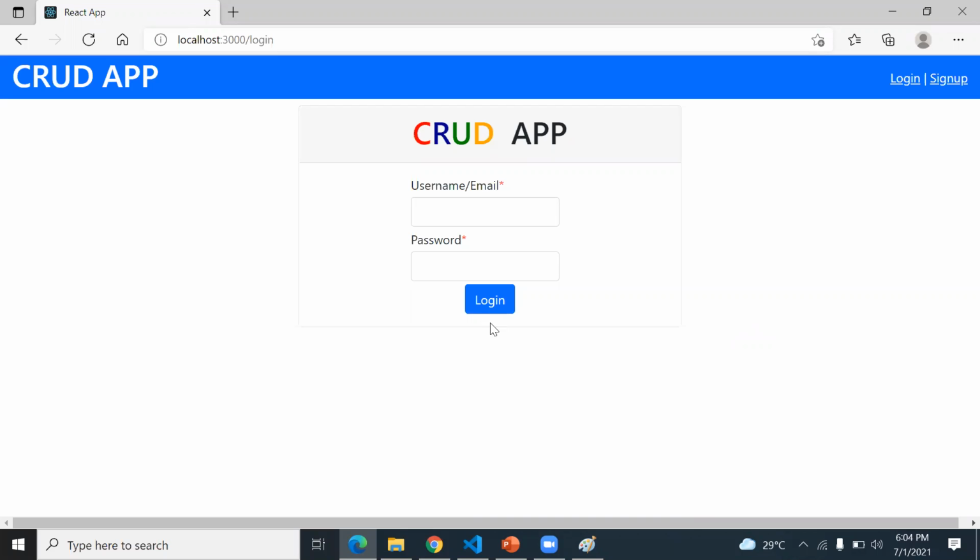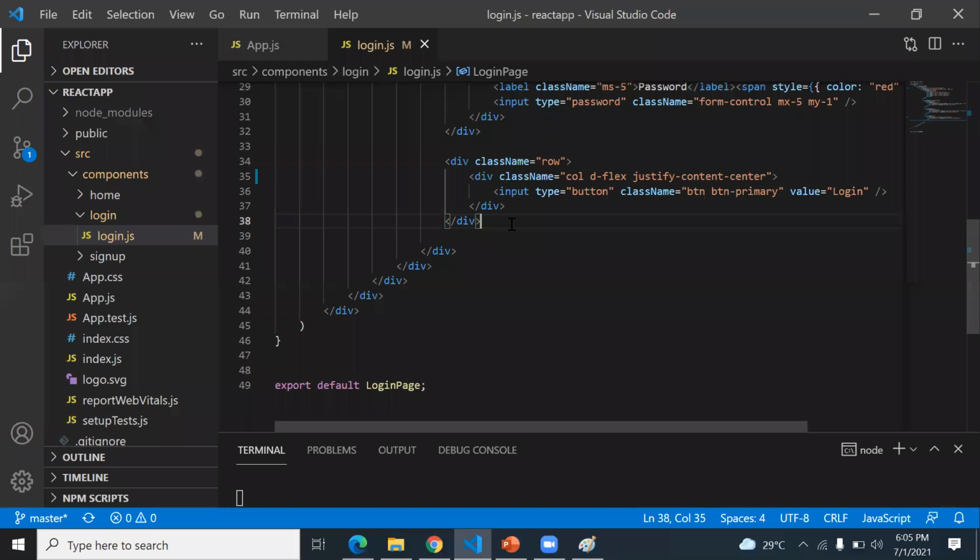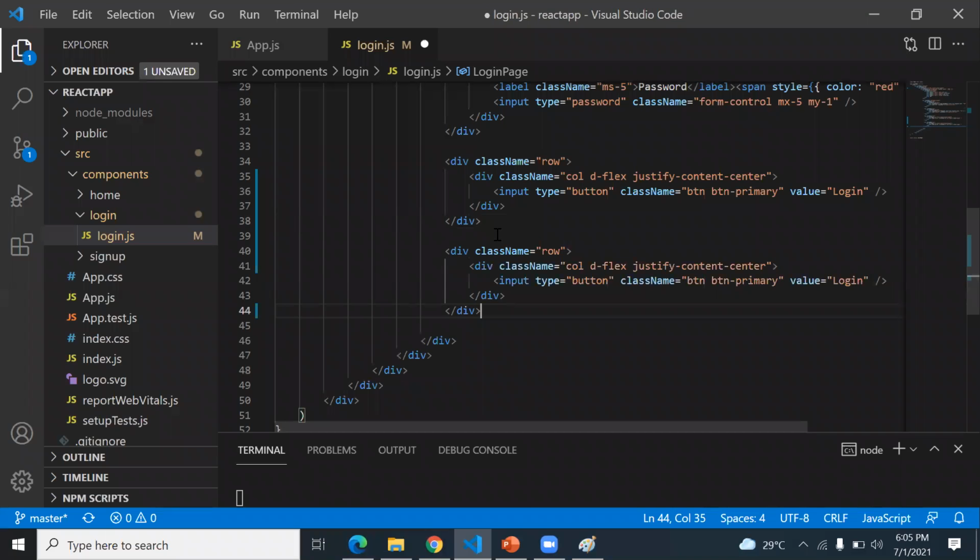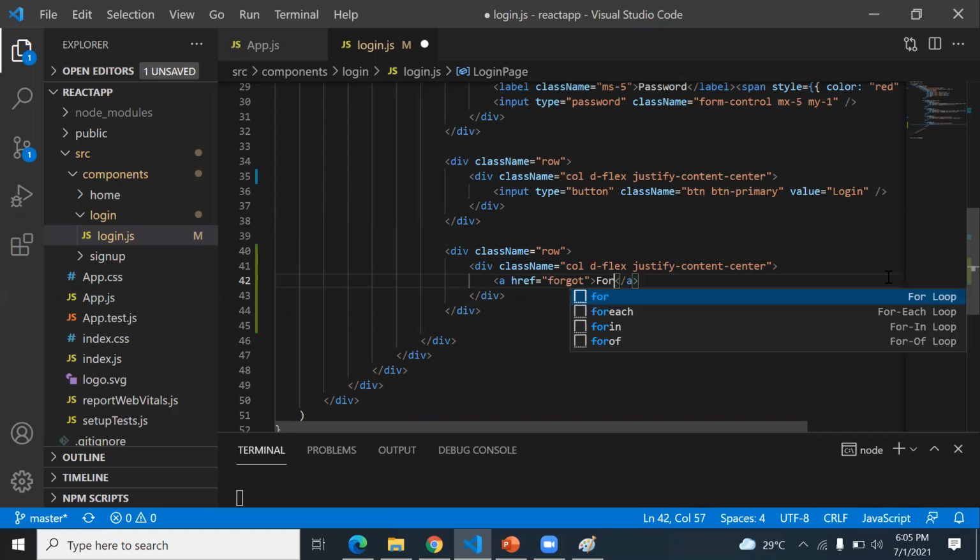So I am going to add some more lines here. Okay, I want to add here two more options: if the user forgot password and if the user wants to create a new account. So here we will add it. I create a new row, and here what I will do, let's type the anchor tag, and in this anchor tag href is forgot, and the link text, we type click here, or just type forgot password,